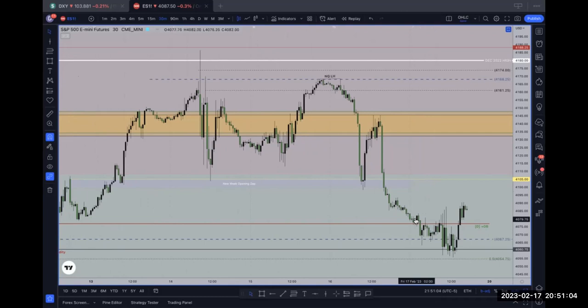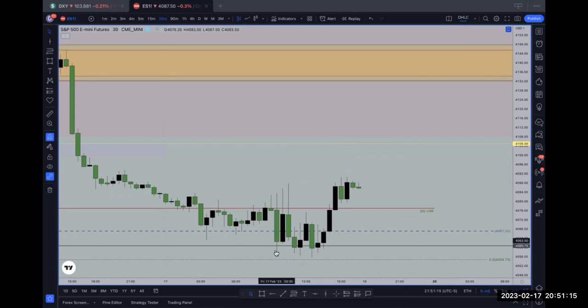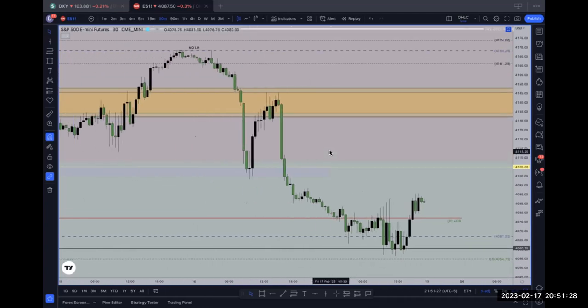A lot of consolidation and a lot of choppiness, but we did continue to make new lows, as you can see down here. This low was taken out here, and then this low was taken out here, and then this low was taken out here before going into the close, like I said, running back up towards that opening gap and the weekly opening price, but we did close bearish. So just to wrap this up, let me